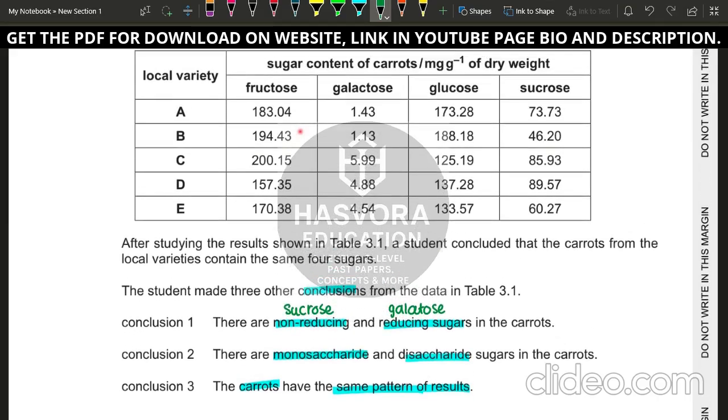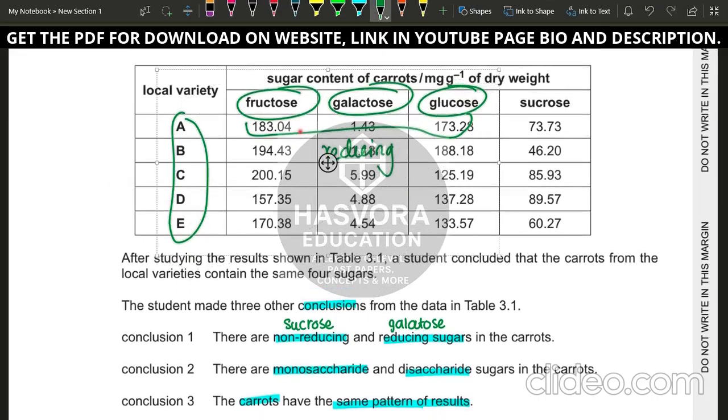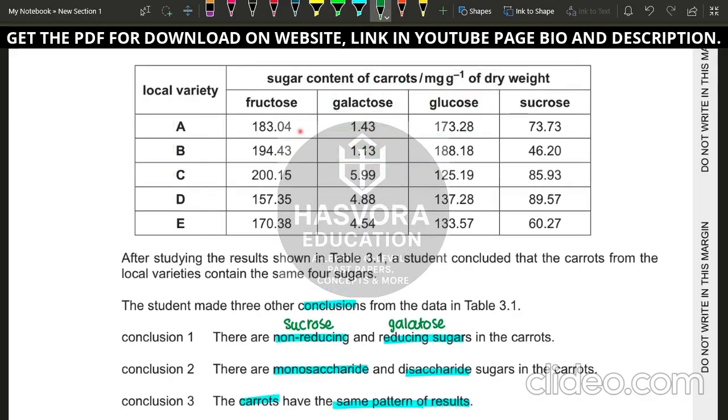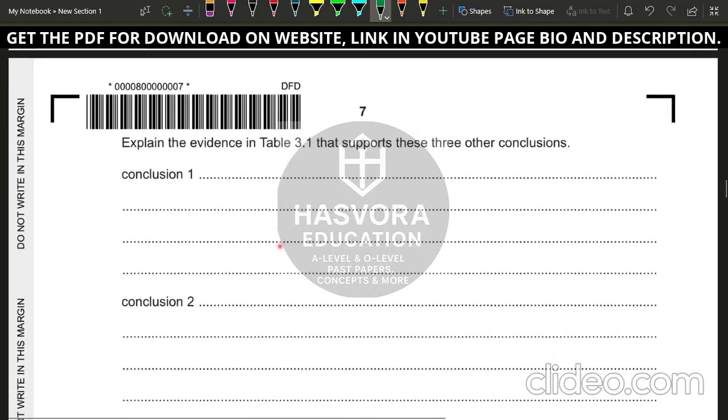Okay, so you can see that all of these carrots from A to E contain fructose, galactose, and glucose. By the way, these three are your reducing sugars, and only sucrose, which is the non-reducing sugar, is also present in all of them. So you can support this first conclusion by writing that